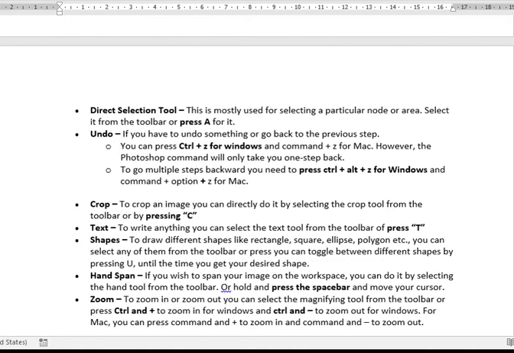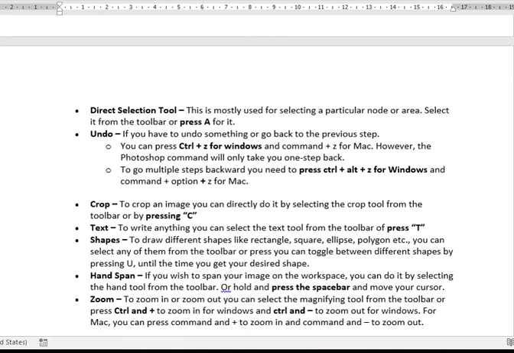Hand tool. Hand tool is used to move your images or scroll your images on the workspace, just like moving your images by hand. You can select it from the toolbar, or simply hold the space bar key and move your cursor. Then your images move up and down.